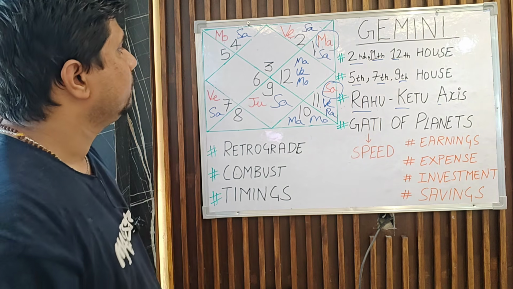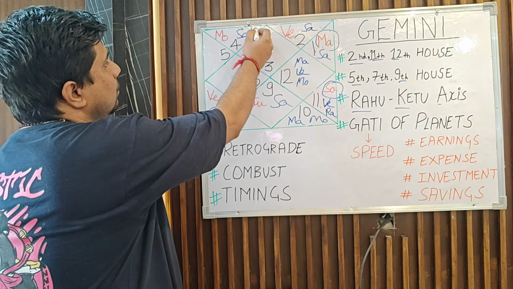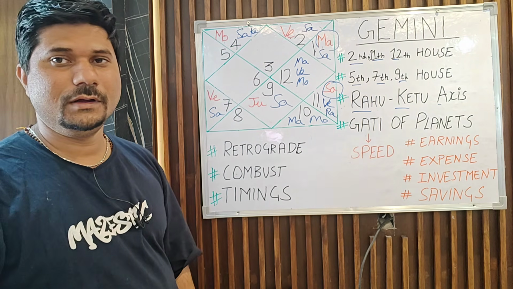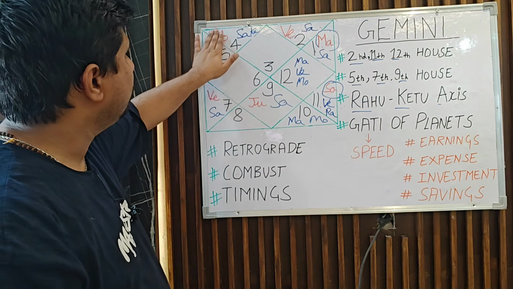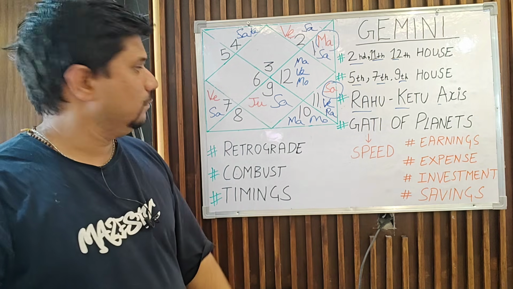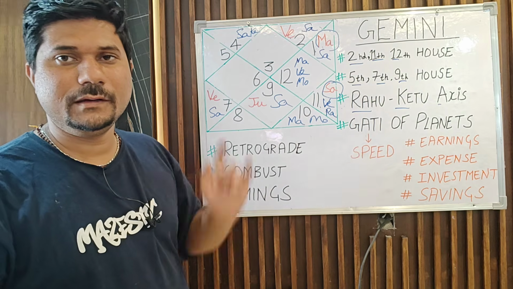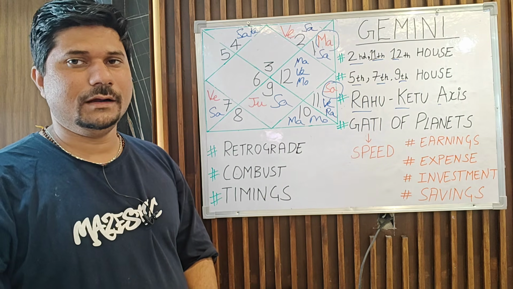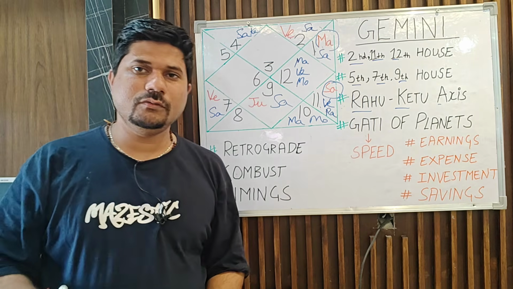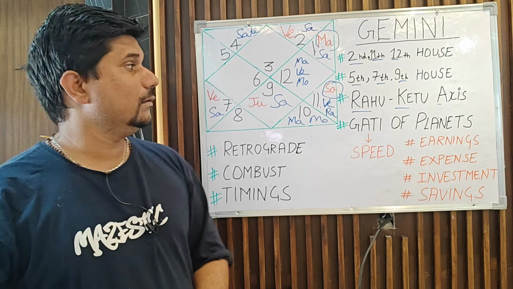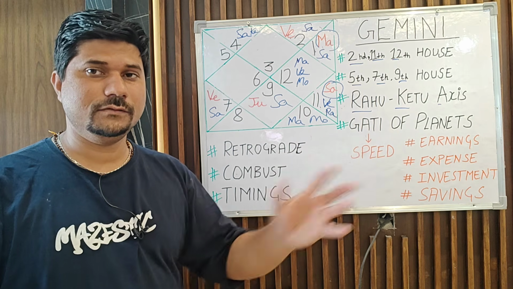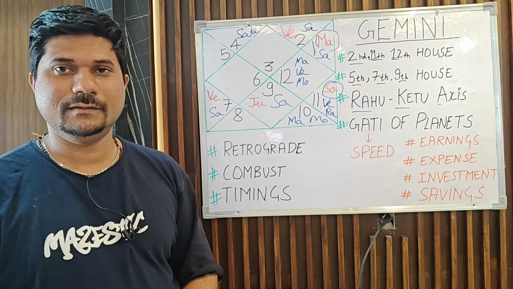For example, Moon, Saturn, Ketu. This is again going to be considered a Dhan yoga. Even if I remove Moon for a second here, even Shani with Ketu. I told you these are key houses and key planets. Anywhere in the chart, they have the capacity to give a good contribution. You also need to understand one very important thing here. In most charts, planets create conjunctions. We are discussing only conjunctions.